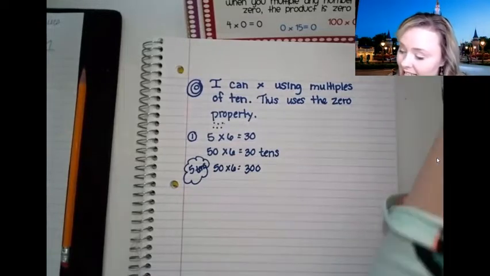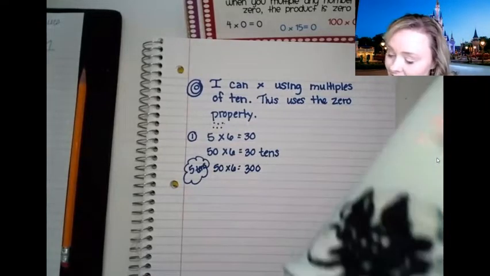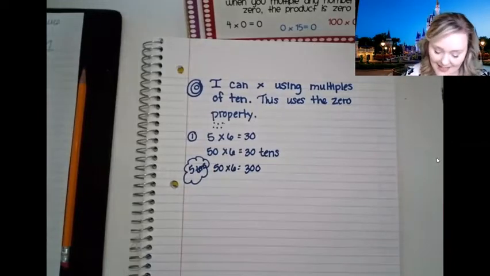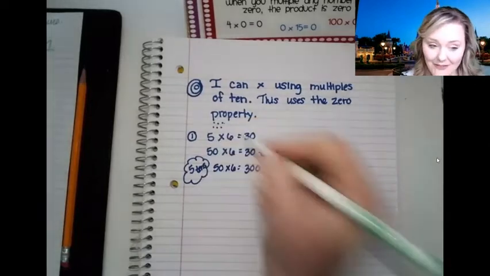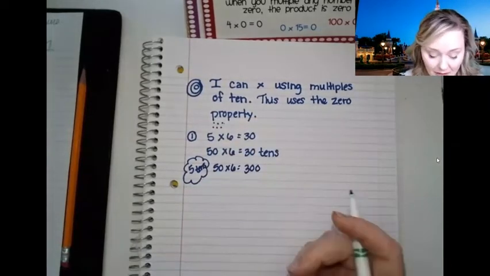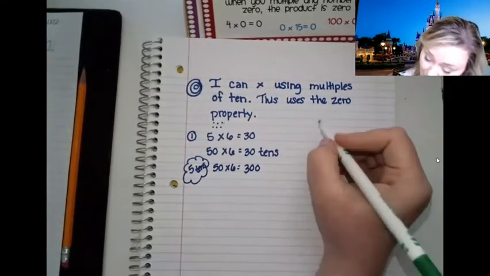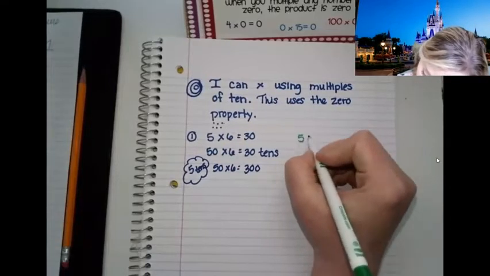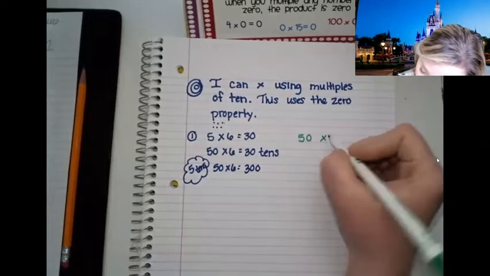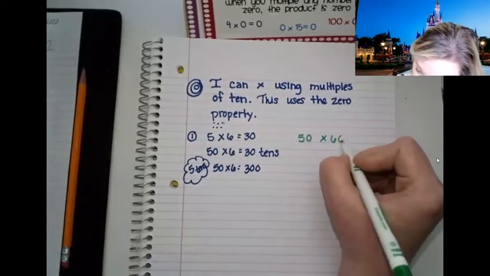I'm going to grab a different colored marker here. Move over to green. This one's going to be a little thinner, I think. All right, so now we're going to keep on with this 5 times 6, and we're going to just kind of play with it a bit. So if we did 50 times 60,